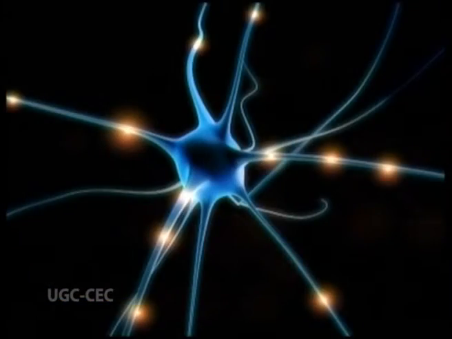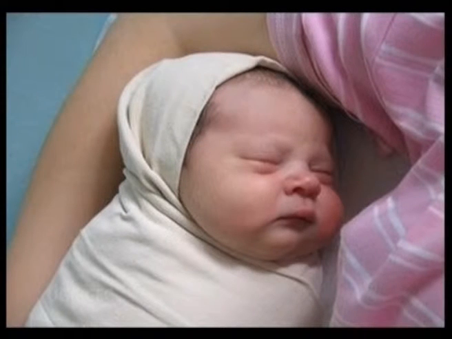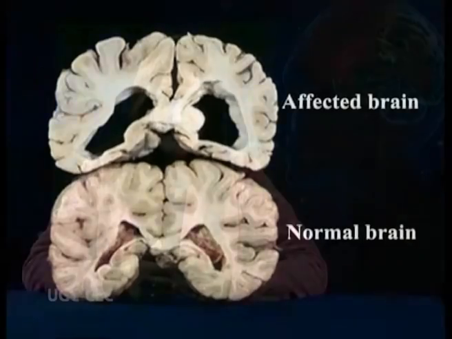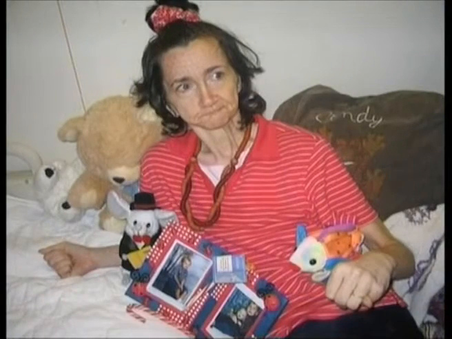Huntington's disease is an inherited disease that causes certain nerve cells in the brain to waste away. People are born with the defective gene, but symptoms usually don't appear until middle age. Early symptoms of Huntington's disease may include uncontrolled movements, clumsiness or balance problems.